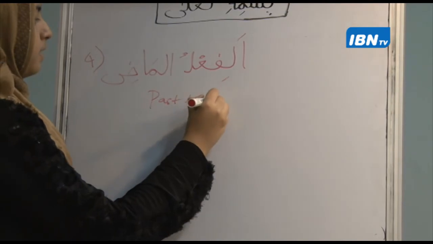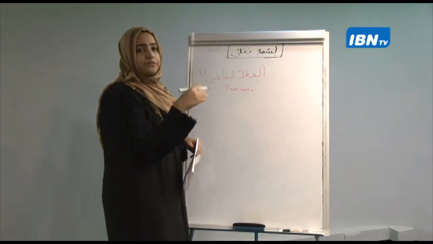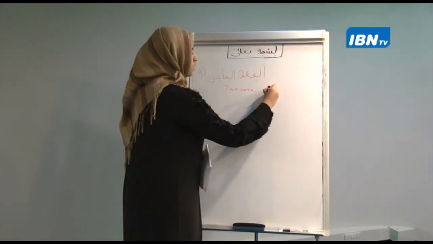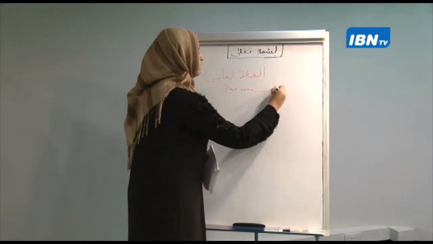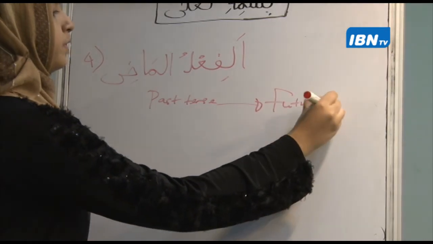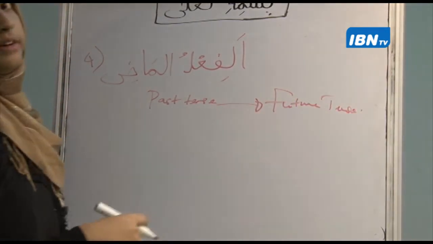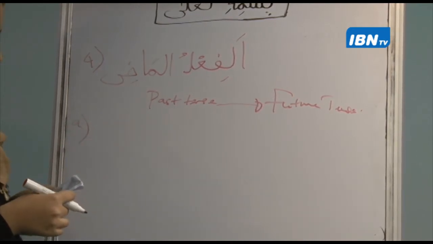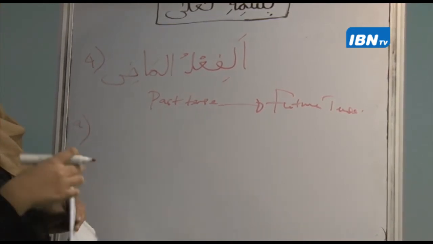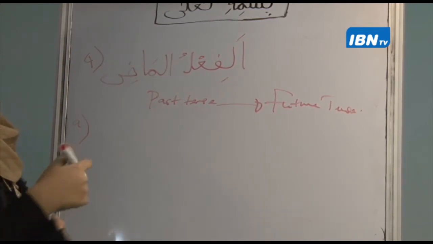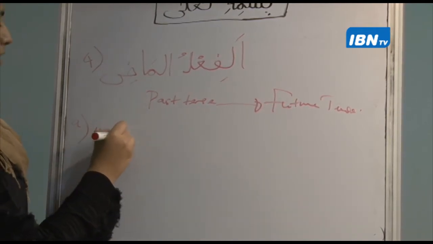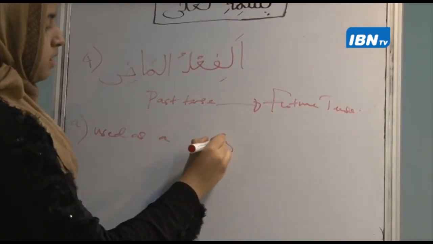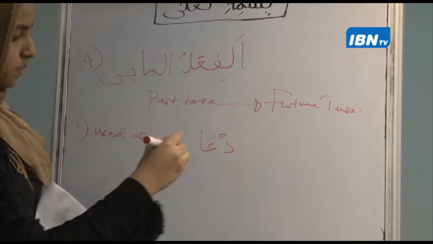okay, it will be converted into future tense in the following case. So this past tense will automatically be converted into future tense in the following cases. So we have case A. So case A says, okay, when it is used as a dua, okay, so when used as a dua,